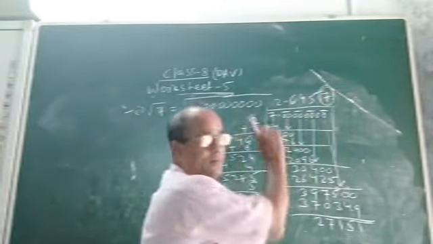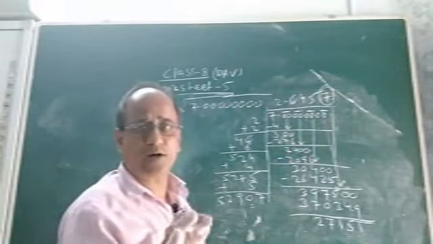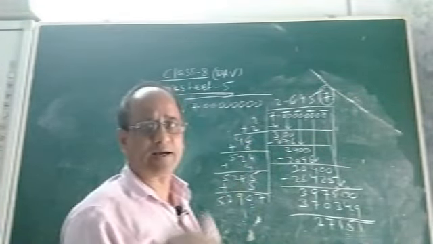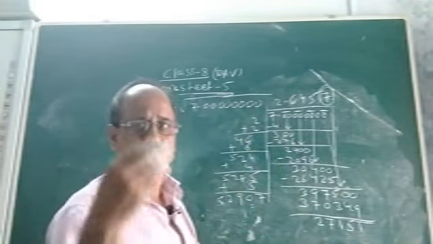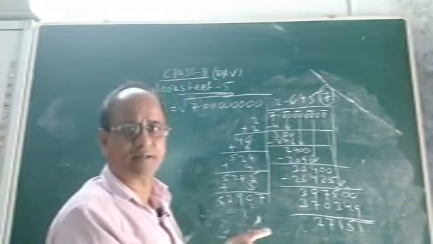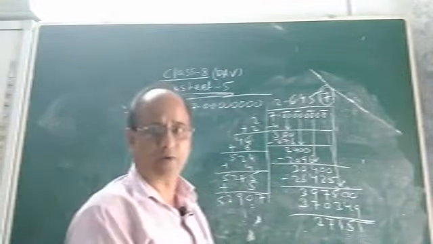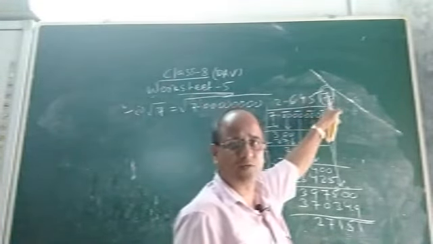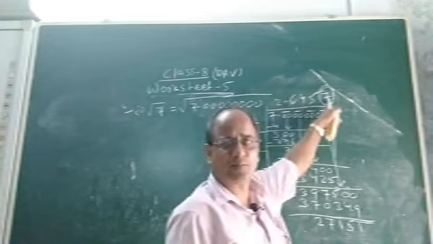You see, you have to round the 4th place in order to get the square root of 7 correct up to how many places? 3 places. So as we want to find the square root of 7 correct to 3 places of decimal, the 4th place must be rounded off. Okay. Now how to round off? You know, look at the 4th place. As you want to round it, and it is what? The 4th place is 7.